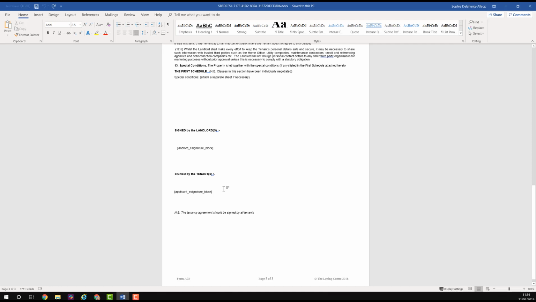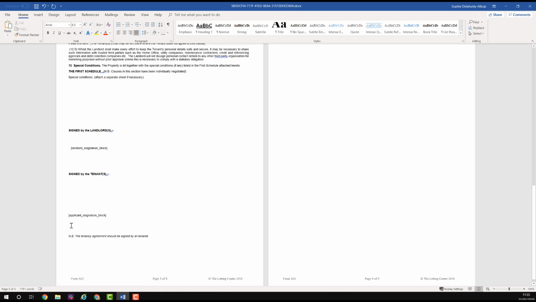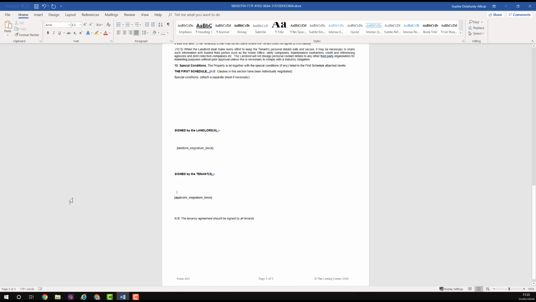If you are going to send this document to be used for eSigning, the main thing you need to do is ensure that you have space in the document to allow for all parties to have their signatures listed. The block that's listed here will pull through as many records as are relevant. So if you have multiple landlords or multiple applicants on your tenancy, you will be able to have all of their signatures displayed here. So just make sure that you pop in some extra space at the end of your document. But I've just got the one applicant, so I'm going to get rid of all that space,